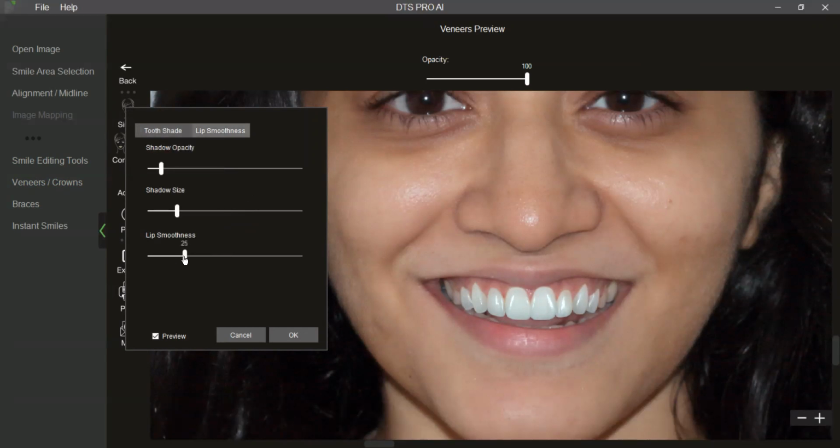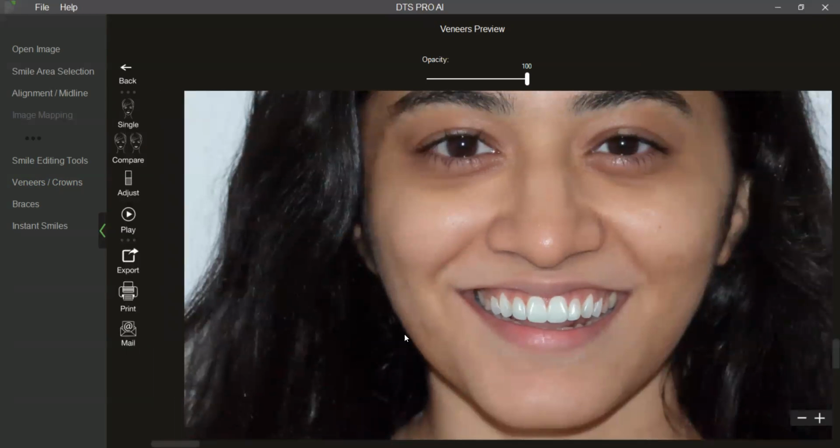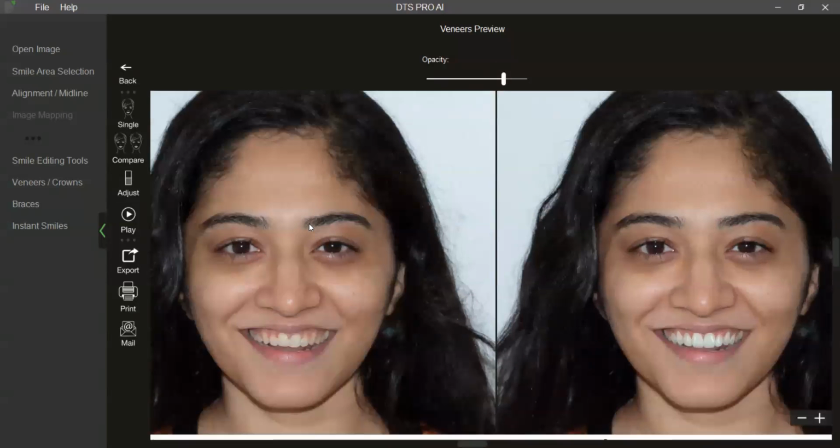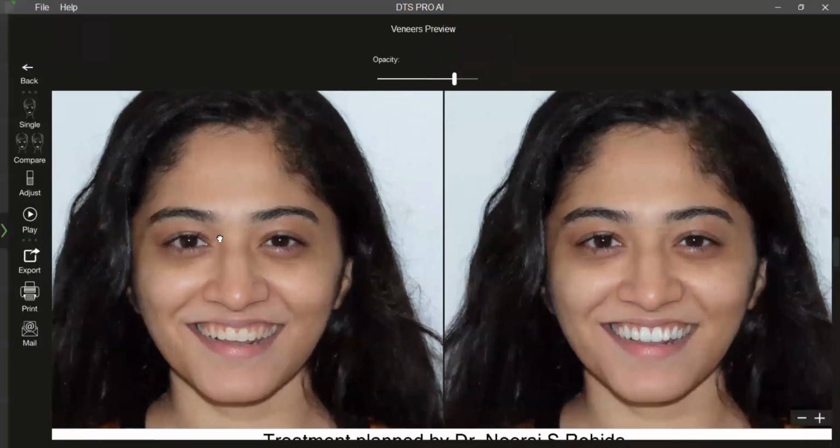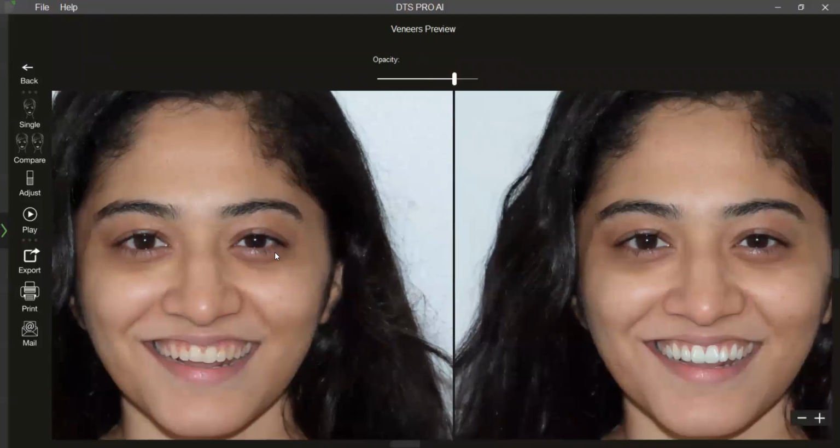Lip smoothness has to be up there so that it blends in well with the underlying image. And the most important tool, I always like to keep the opacity so that your veneers blend with the underlying tooth. I would like to keep my opacity anywhere between 80 to 85. That can be an individual preference. And that's my simulation for 8 veneers ready for the patient.